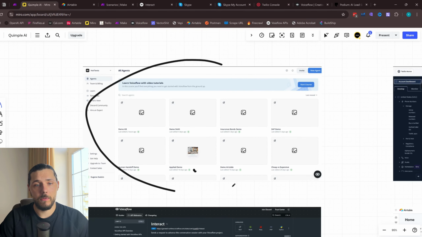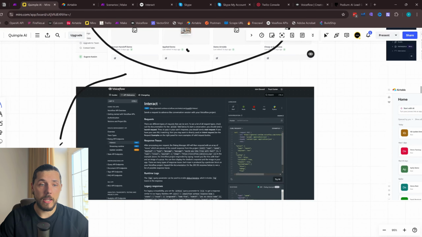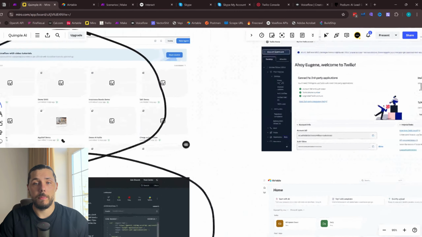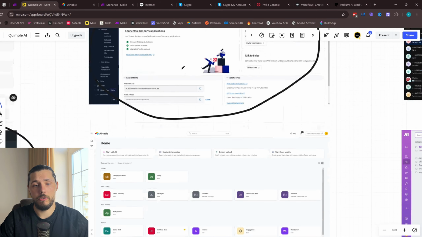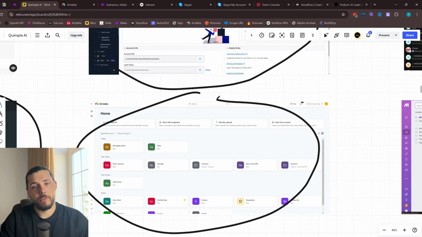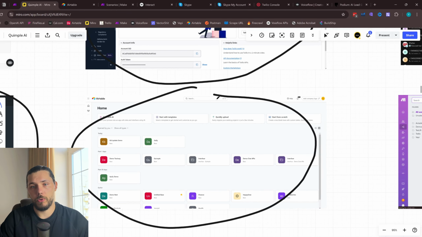The backend of the assistant will be built on Voiceflow. We will interact with the AI assistant through the Voiceflow APIs. The phone number is bought on Twilio, and this is how users will be able to talk to the agent. The database, the temporary storage that we'll use to store the information about the phone calls, will be built on